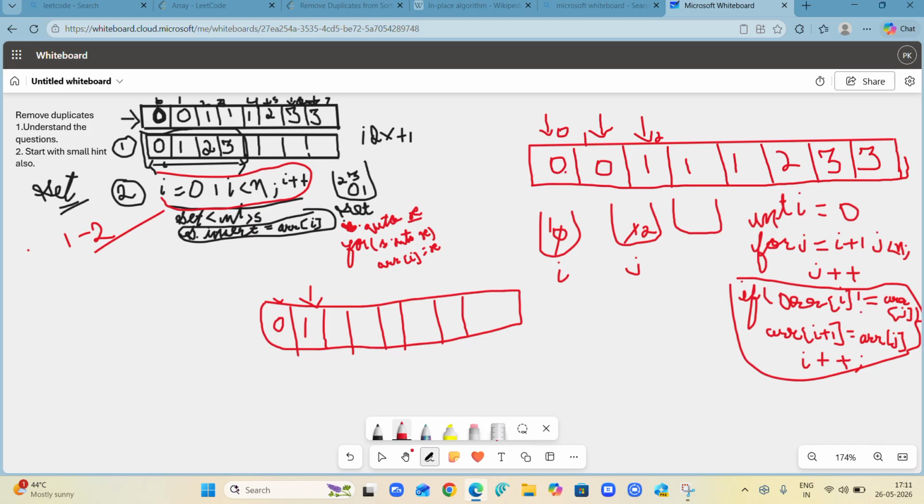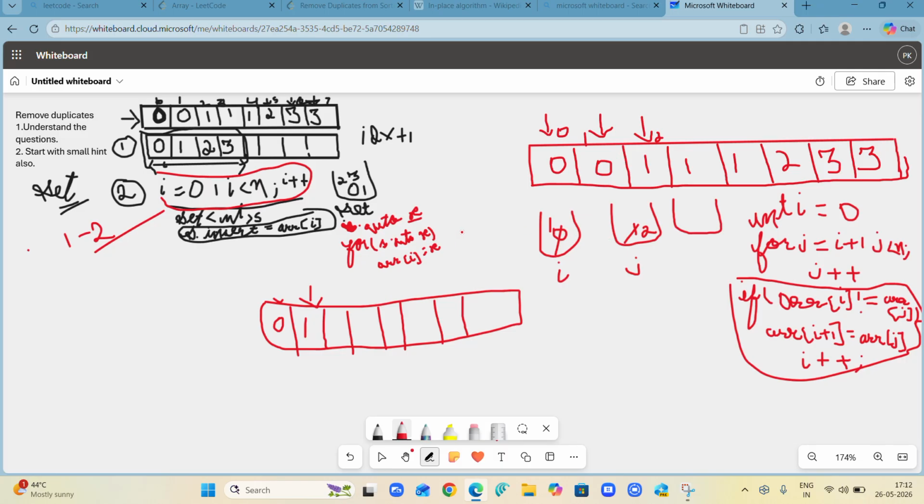And one more thing, the array is sorted. Array is sorted means, if the element would be same, like 0 would only be there, it would have been stored here. If it would have been 1, then the element 1 would have been stored here, and it would have got compared, and whatever the value would have been, it would have come over here.